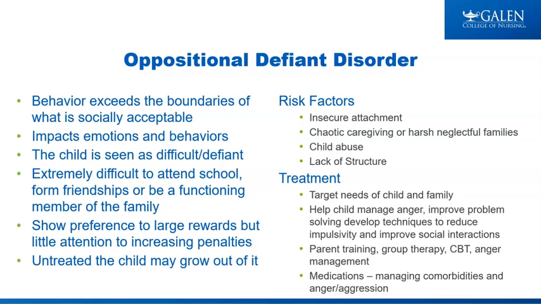So treatment needs to be both for the child and the family. Anger management is a big one. If angry and irritable, let's get them into anger management. Let's talk about problem solving. Let's talk about parent training, how the parent is going to approach this kid. Group therapy, cognitive behavioral therapy is always a good one. But again, we have to look at multiple different areas. Medications are going to be iffy based on what else is going on. Depakote is one. If the patient has a comorbid illness, ADHD, depression, anxiety, if we treat one, it could have an effect on the other.